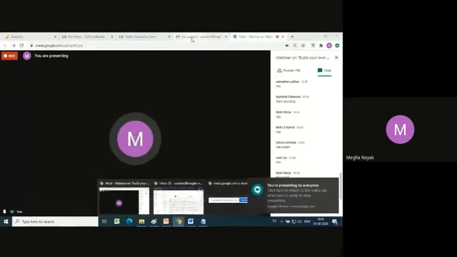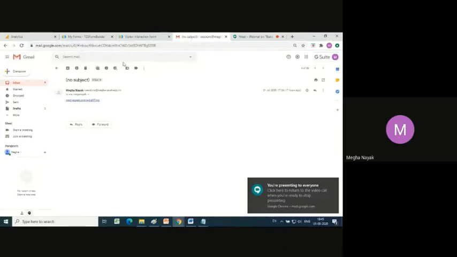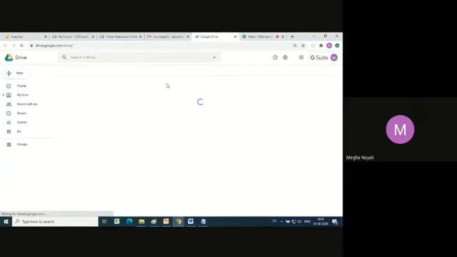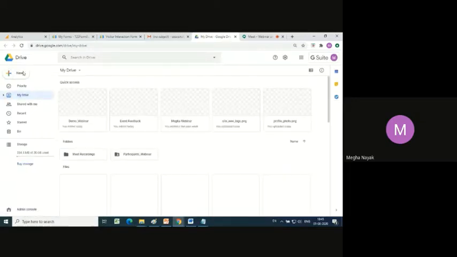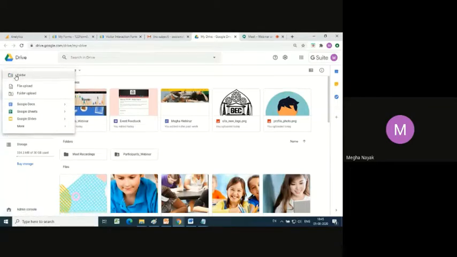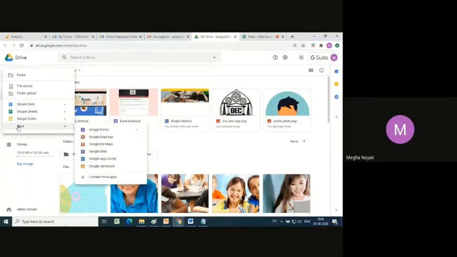first we will see how to launch a Google site. Alright. To launch a Google site, I have to click on these dots that you see over here and hit on drive. The moment I hit on drive, I see this plus new option. You please click on that plus option and hit on more. The moment you hit on more, you can select Google Sites.